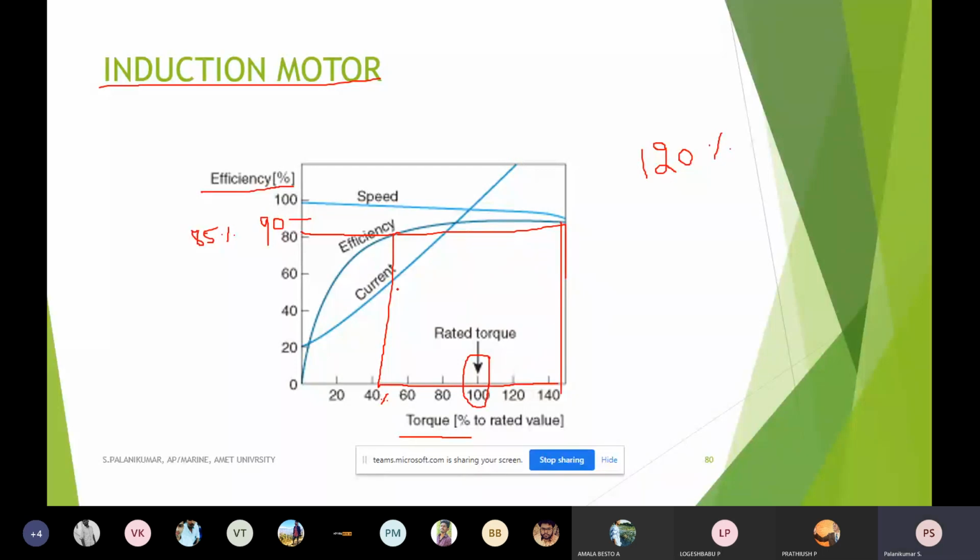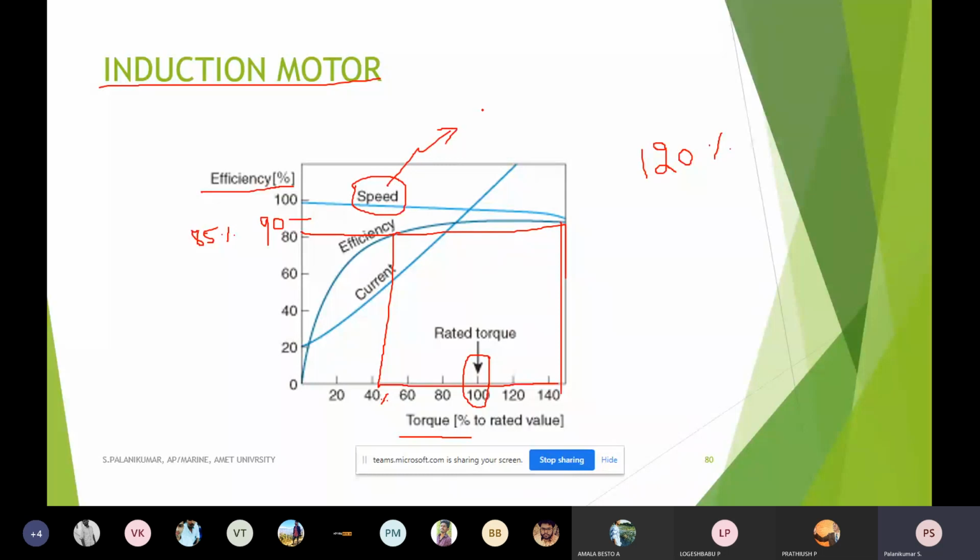Out of these characteristics, the two different ones are very important, because current is common. When the load is additionally added, the current will increase, but the speed can be maintained constant. In addition to that, you have to match the concept I already told. So speed can be constant.